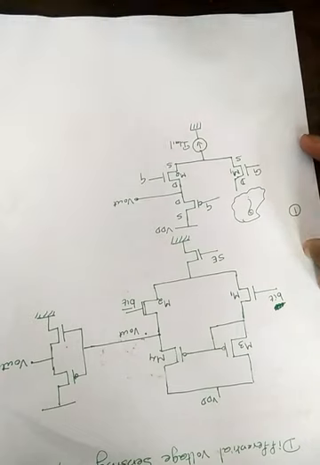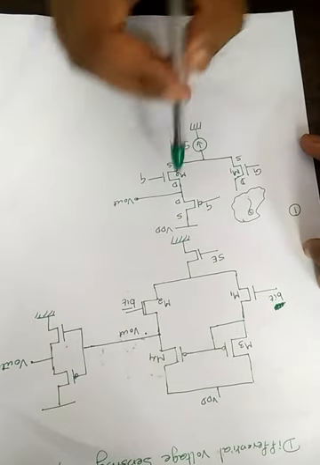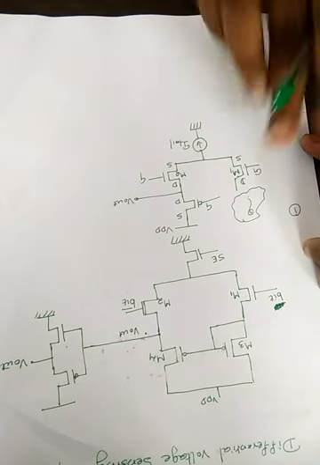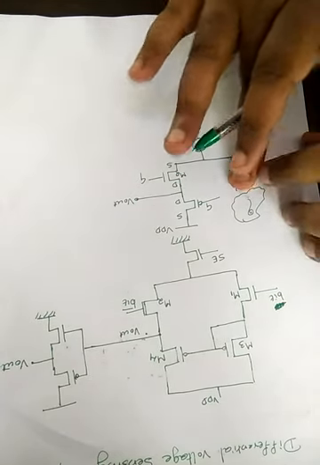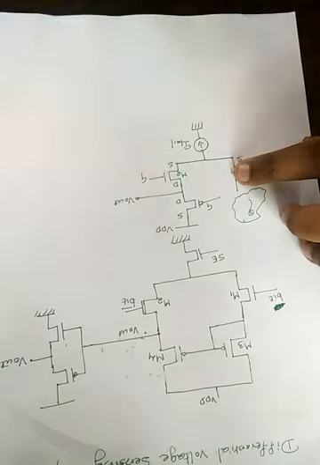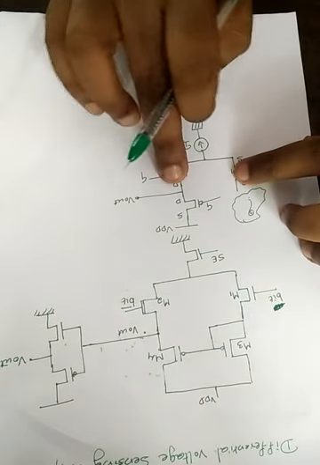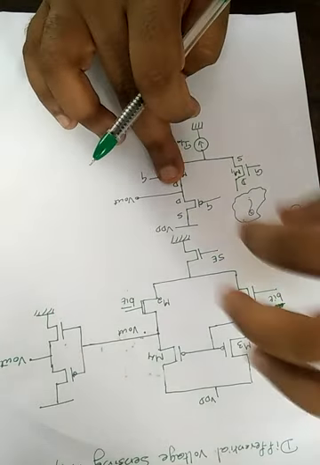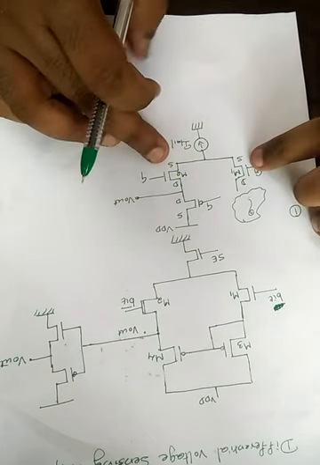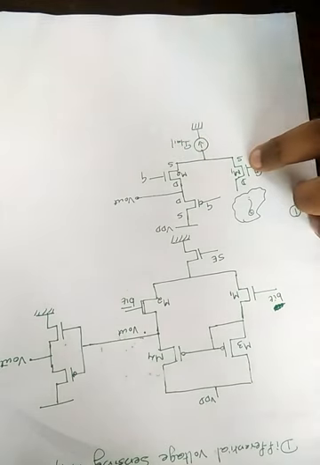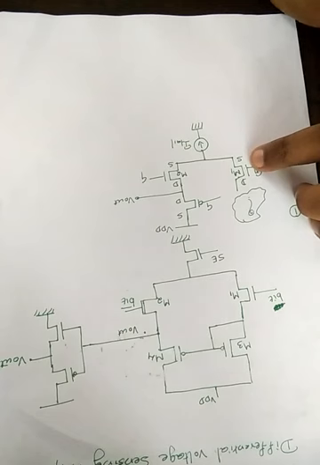How this circuit works? What actually this tail current is? Tail current is nothing but the sum total of current flowing through this part and through this part, or through M2 and through M1. Now consider a situation. This M1 is in off condition. What will happen? The entire tail current is flowing through this path or through M2. If M2 is in off condition, what will happen? Entire current is flowing through this path, this M1 side. If these two parts are exactly identical, what will happen? This I tail is equally divided between M1 side and M2 side. That's the basic working principle of a differential pair.